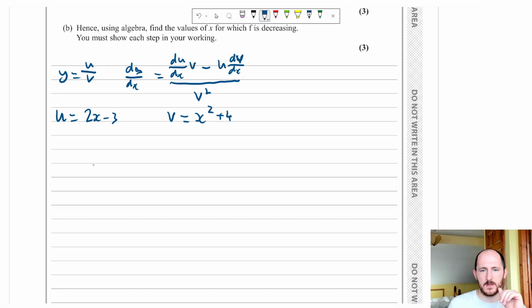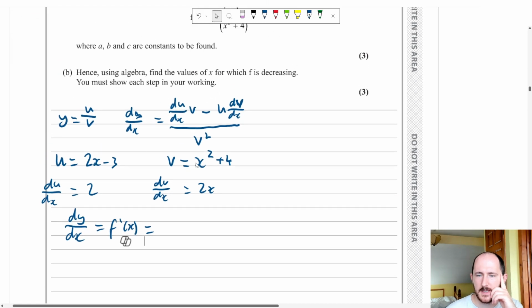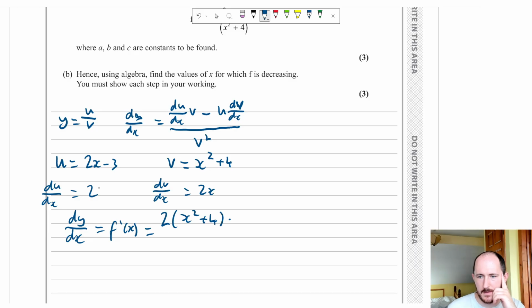So if we scroll down now, all we have to do is work out du dx. Nice and easy, it's just 2. And dv dx, nice and easy, it's just 2x. And then just sub it into that formula. In fact, I'm going to write f prime as well, because I think that's the notation they wanted, right? f prime, good. So we have du dx times v, so we have 2 times x squared plus 4, minus, and notice I'm using brackets everywhere to make sure that I'm not going to make a mistake when I expand. Again, it's really, really easy to do. So u, which is 2x minus 3, times dv dx, which is 2x,